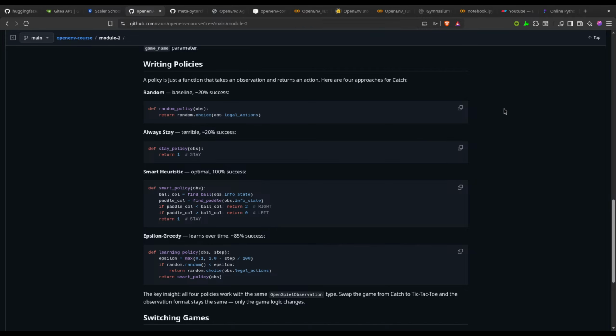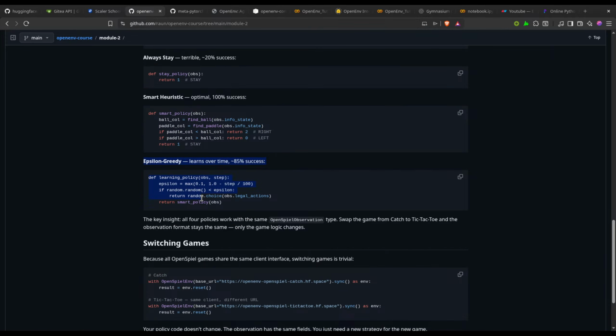It will stay in the same grid. This is a smart way to solve it. And let's just see this one, which has a success rate of 85%, and it is learning over time. So for epsilon, they are finding the maximum between 0.1 and 1 minus step divided by 100. Let me see how this algorithm is working.